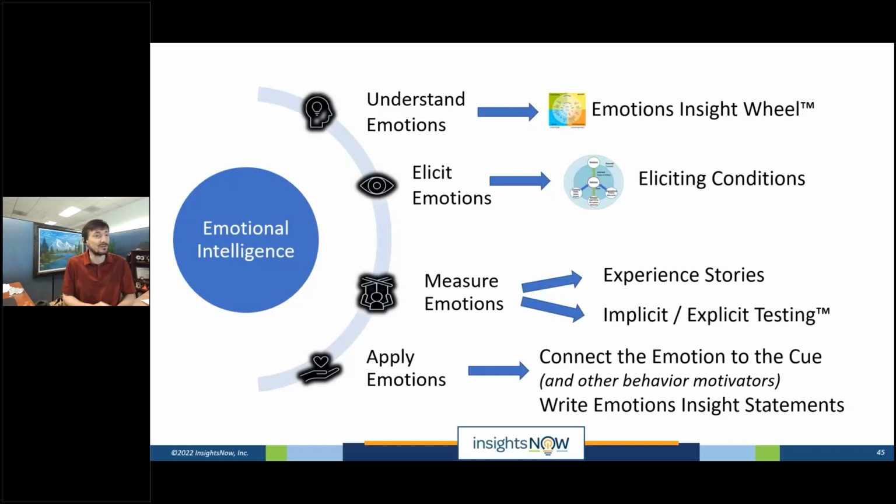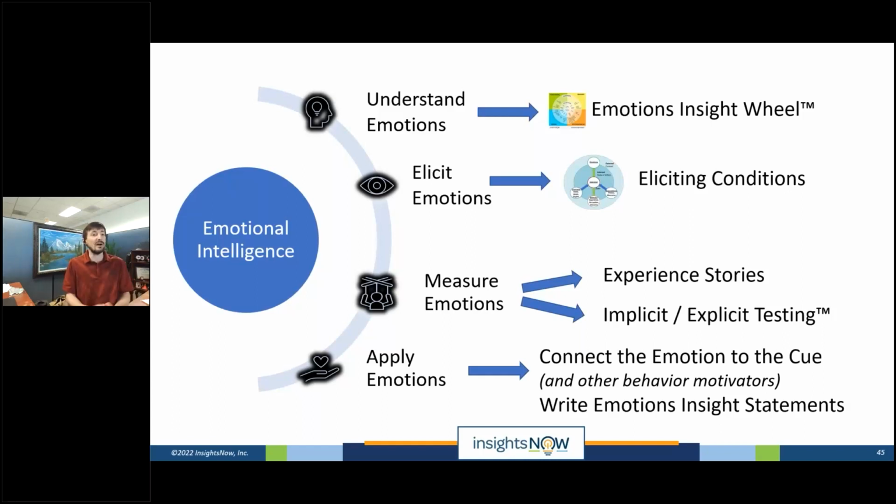Try it. Go grab your latest piece of innovation research. Grab some of those open ends. See if you can identify those four elements in the qualities that people talk about. If you can't, hypothesize, maybe based on the patterns that you were seeing across everybody, what could have been that information, right?